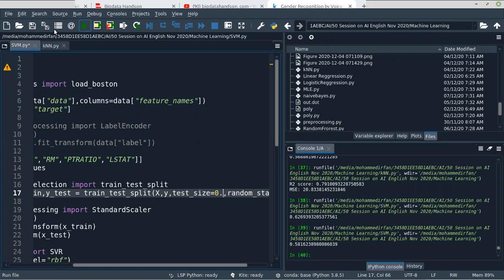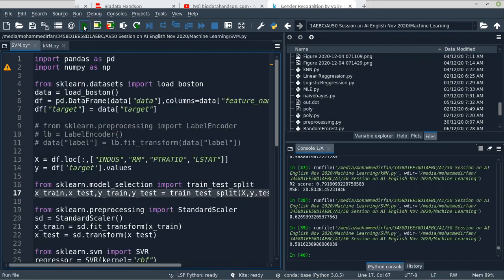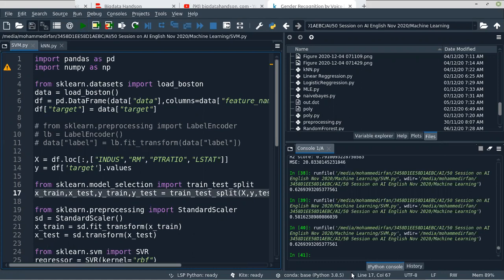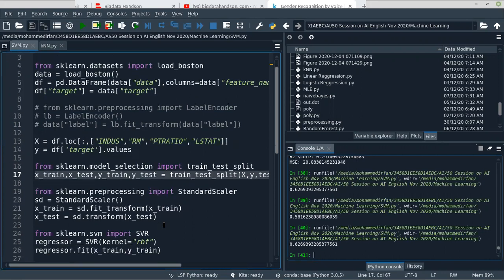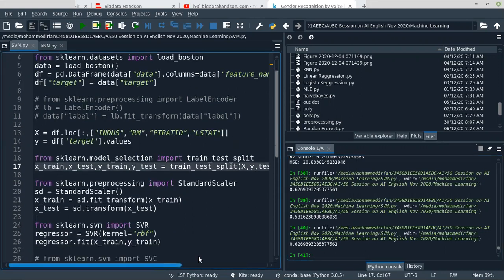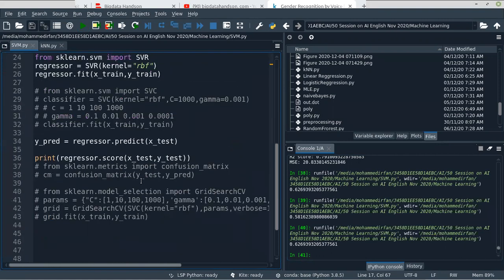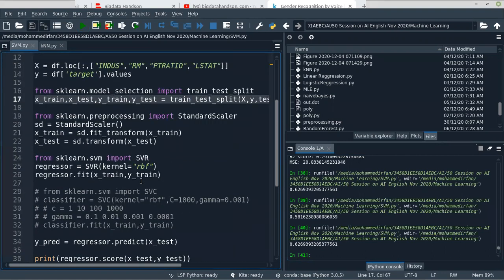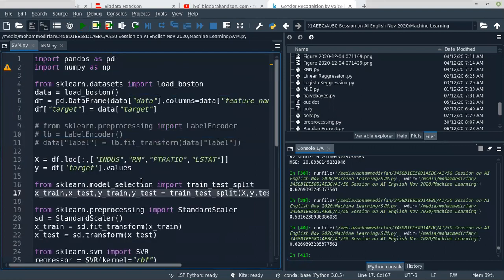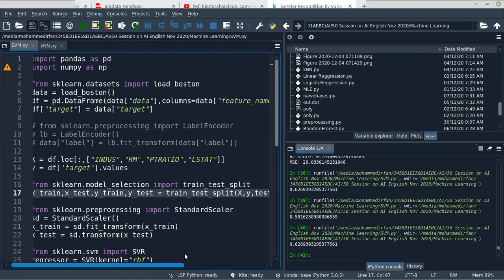So sometimes this will happen for some data. Some algorithms will not work properly. Or maybe the problem is in selecting the parameters. So we need to use the trial and error method to achieve that.